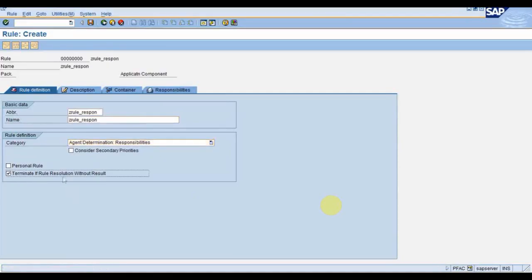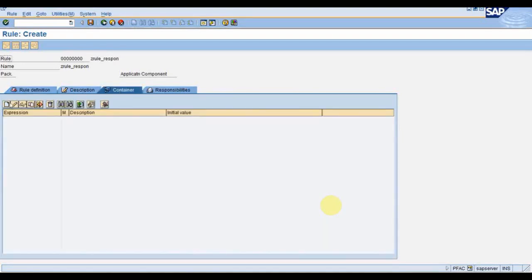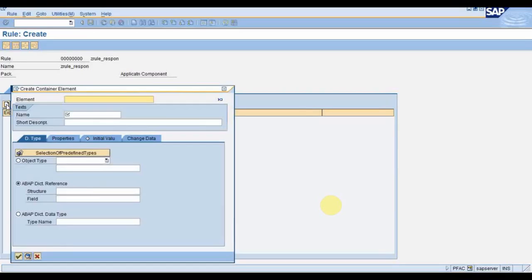Just check this, and then going to the container, we will have to create one element or variable, depending upon which I will be fetching the agents, because I can only import the variables, I cannot export anything. So based on the importing variable, suppose yesterday we were doing it based on the company code, we were fetching the user IDs. So based on suppose level, I'm trying to fetch the user IDs. So I'm creating one container element,